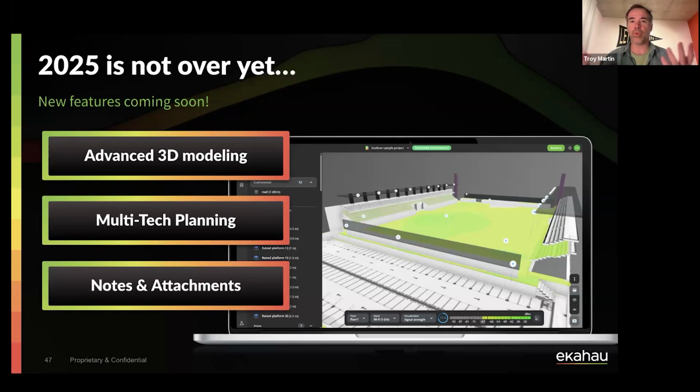So Zigbee, 2.4 gigahertz base technology, we can now add that into our RF models just to make sure that wherever we place our Zigbee gateway, it'll be able to communicate with all those other Zigbee nodes that are placed